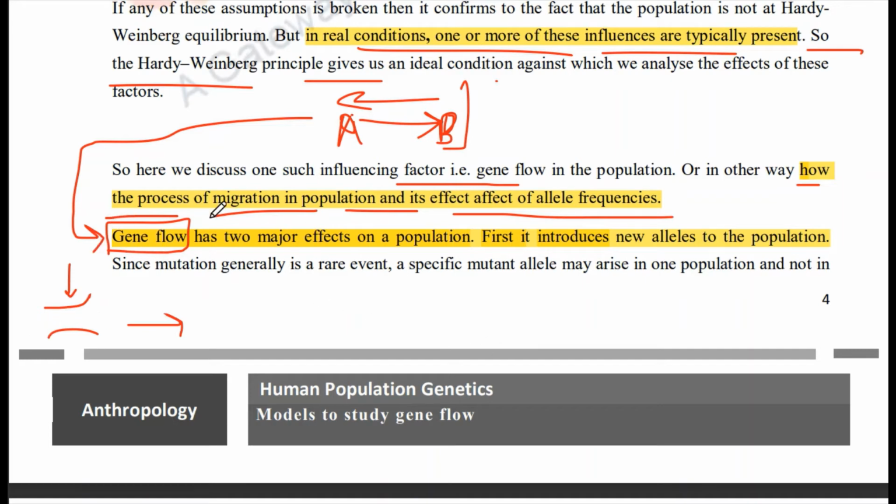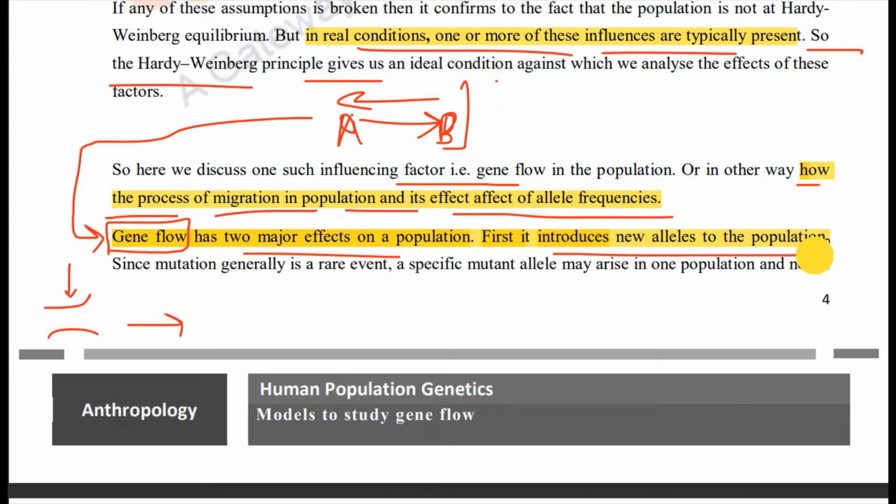Getting the idea? So this gene flow, or the flow of genes from one gene pool to the other, or forming a new gene pool, generally is with respect to the flow from one gene pool to the other. It is not with respect to the founder population. But again, if you're talking about founders, there are concepts of hybrid founders, so that also could be one way of looking at it. But gene flow is basically from one population to the other.